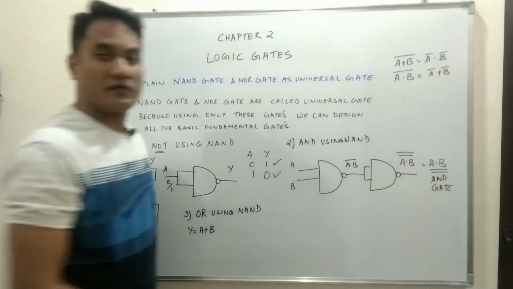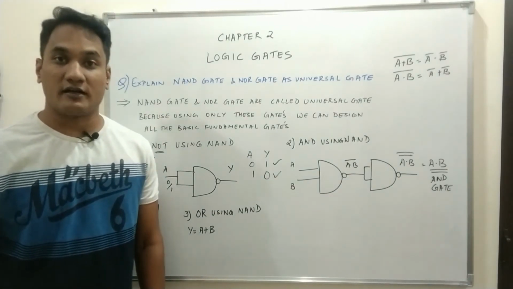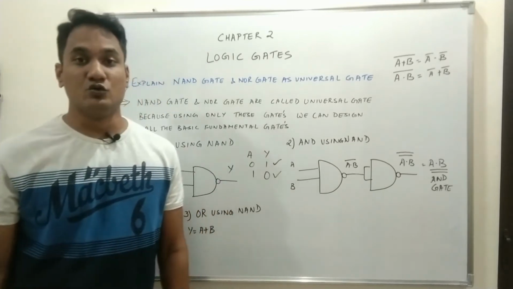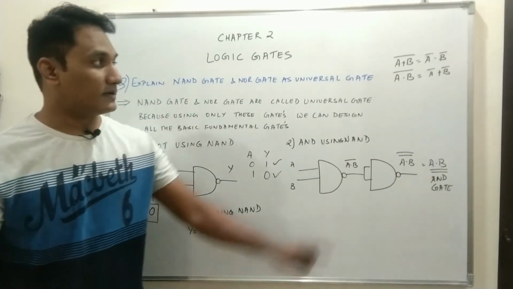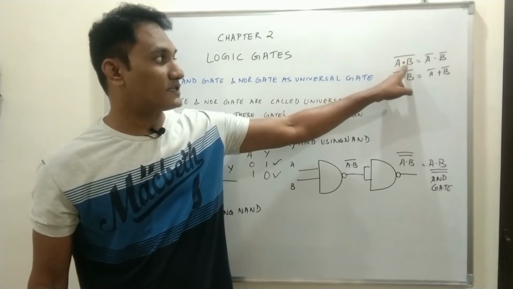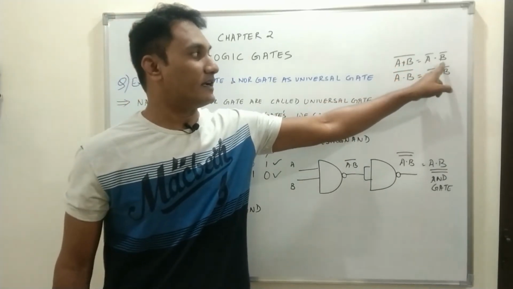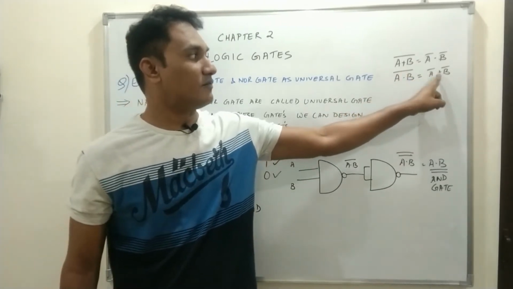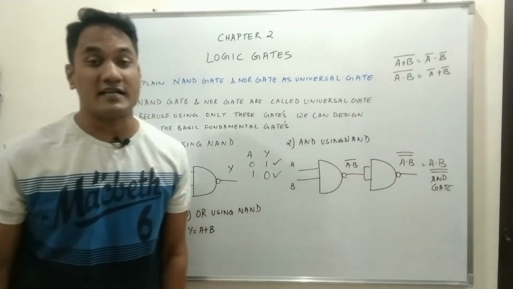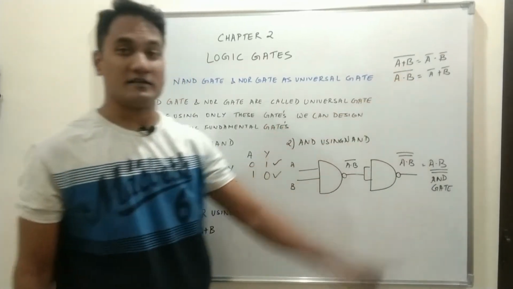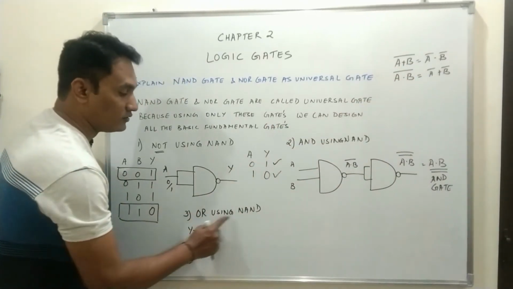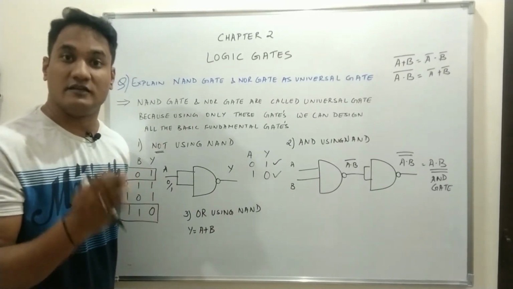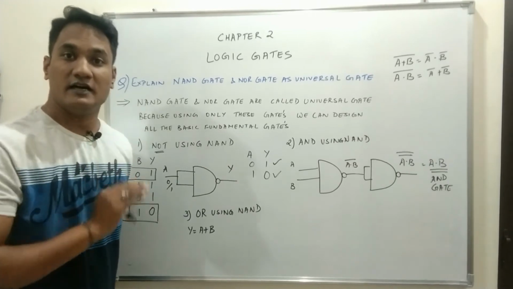This theorem is called De Morgan's theorem, which is more often than not used in mathematics also. What we say is the complement of sum is equal to the product of their individual complements. Similarly, the complement of product is equal to the sum of their individual complements. You have to use De Morgan's theorem for designing using NAND gate, because NAND logic is different, OR logic is different. You have to convert the logic. De Morgan's theorem is used to convert the logic.